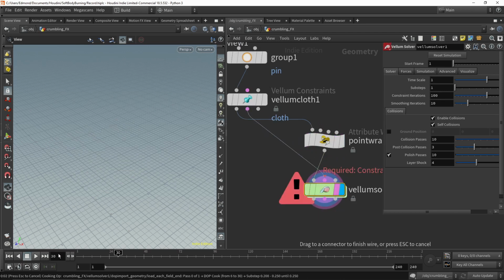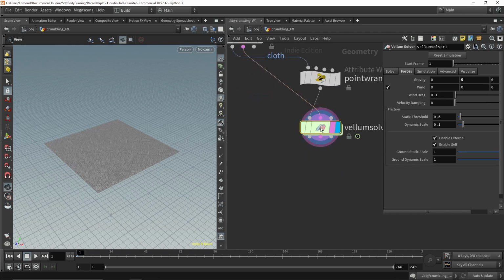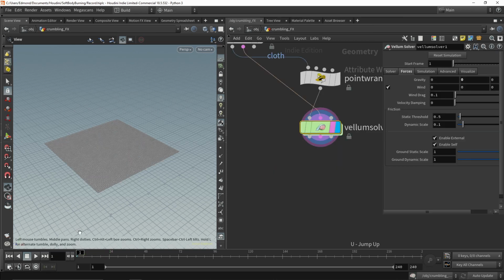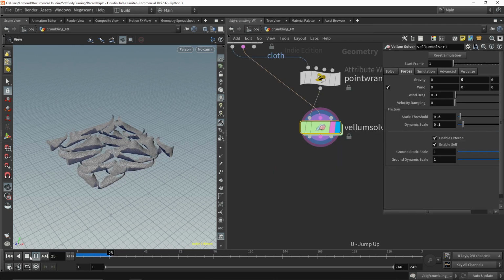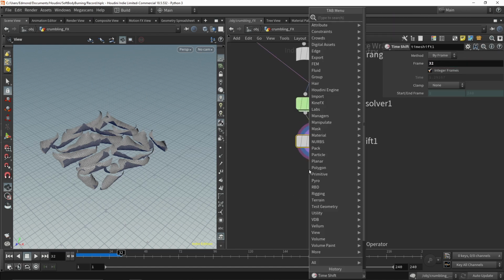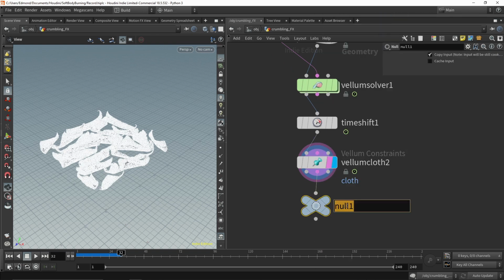This solver will be just responsible for computing a crumbling position, so I will disable the gravity. Inside I will animate the bend constraints. I want to animate the rest length from 0 flat to 20. This will achieve a first crumbling effect. However, this puts a lot of stress onto the stretch constraints, so I want to time shift it and recompute the constraints. Later, during our main simulation, I will import those constraints.